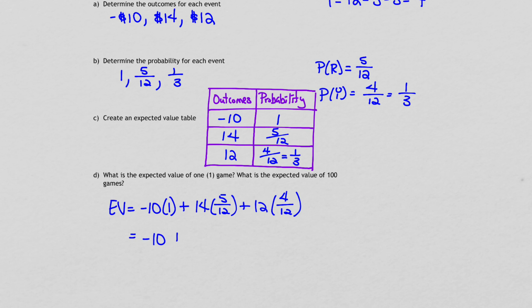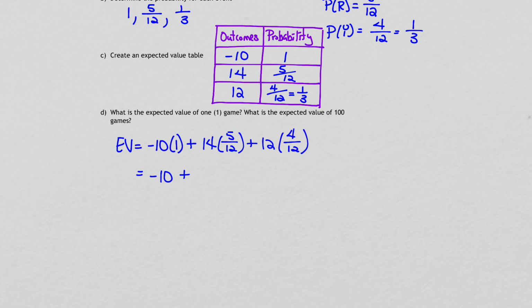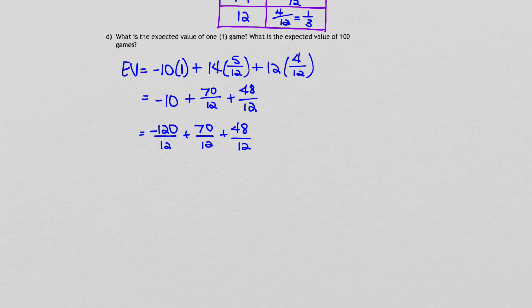So we'll have -10 plus 14 times 5 is 70/12. And 12 times 4 is 48/12. We need to change this -10 to over 12. So that would be -120 over 12. So -120 plus 70 plus 48 is -2 over 12, which as a decimal is